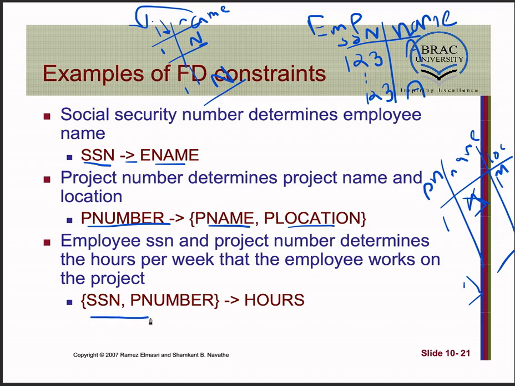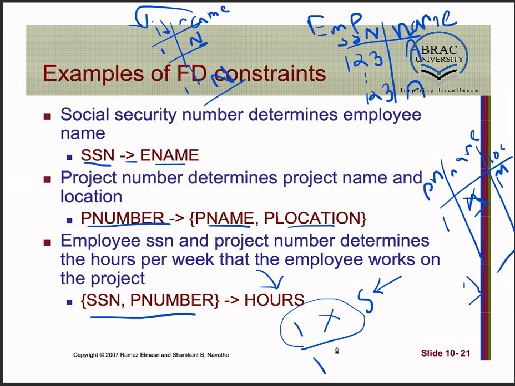Here it says that the social security number and project number together determine how many hours the employee has worked. So let's say employee number 1 works on project X for 5 hours. Whenever I see project X and social security number 1, I can say that the number of hours is 5. I cannot only use the social security number, because